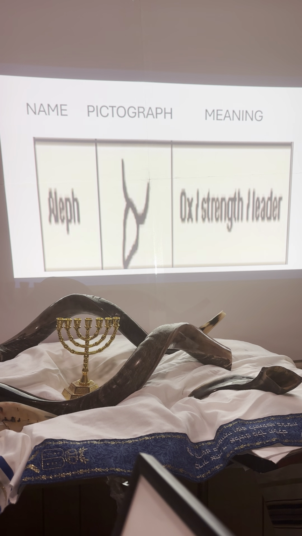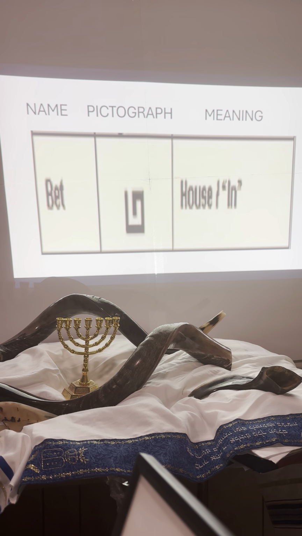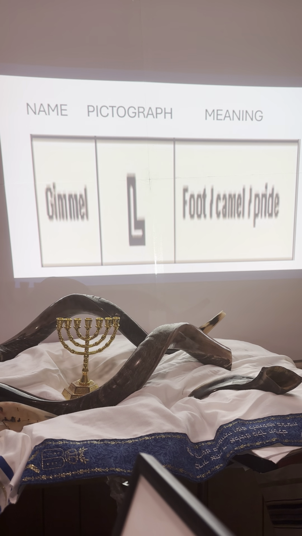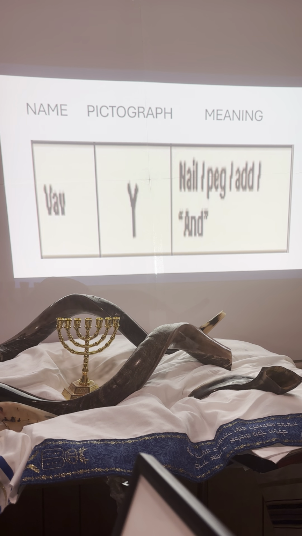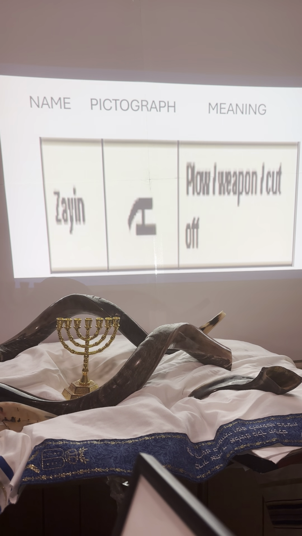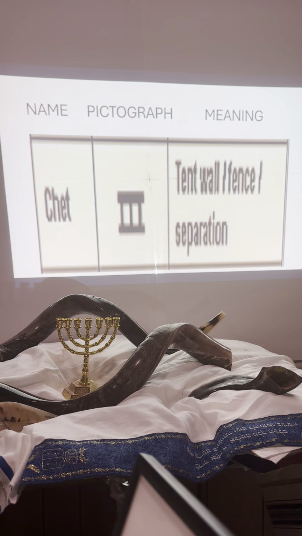We have Aleph, we have Bet, we have Gimel, and we have Dalet, we have He, we have Vav, or Waw, and then we have Zayin. Remember, okay? Then we have Chet,